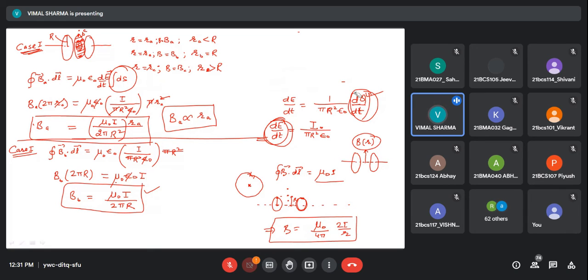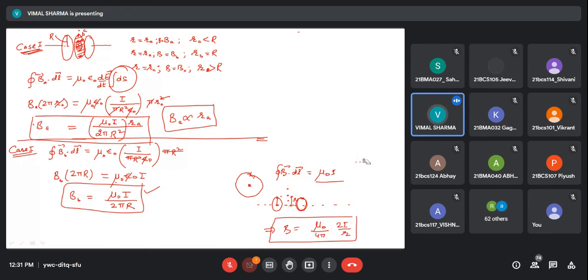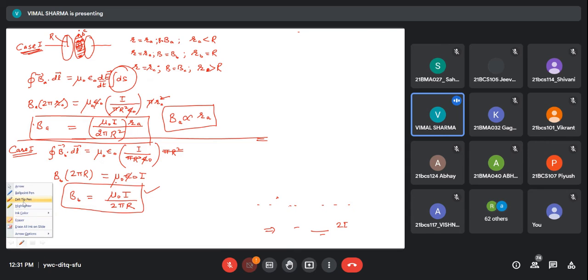Okay, so you apply Ampere's law, and then you see what is the expression and how this expression is different from the earlier two expressions. And then finally we can do what? We can plot a graph, or we can see how B varies. We can plot that variation of B magnetic field with distance from the center of capacitor plates. So for that, let me apply Ampere's law again. Case 3 is